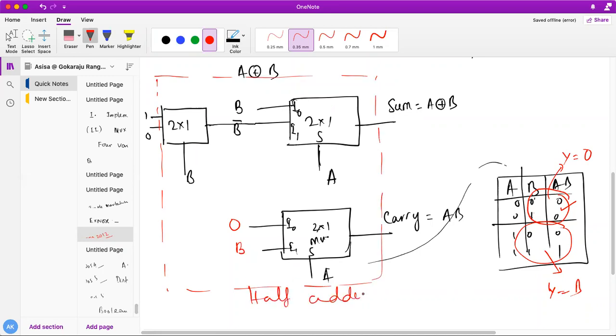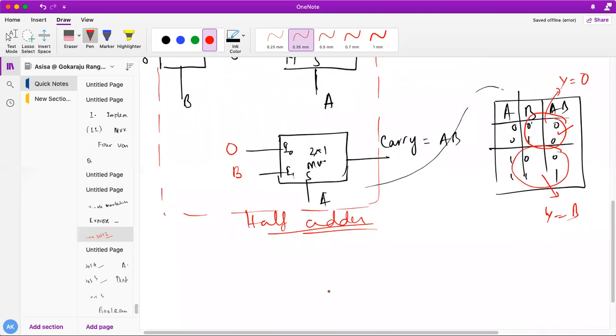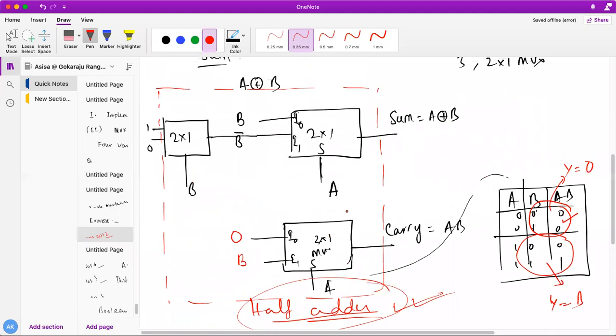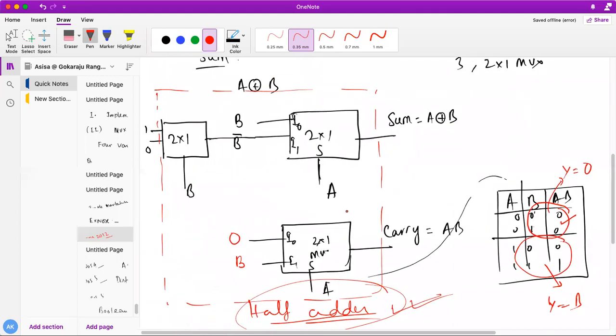Very simple. So a half adder can be designed in many ways, by using mux, by using basic gates, by using NAND, by using NOR. Also we can design it using a decoder. I have not yet told about the decoder. These are combinational logic circuits, and this half adder can be designed in many ways. That's why, if you know the half adder well, mostly you will be a good digital engineer. All of you understand? So how have I designed a half adder using two 2x1 muxes? Very simple. As you know, my sum is A XOR B, I know how to design A XOR B. Then I know how to design carry, A and B. I just put it on one platform and told you this is my half adder. All of you understand, very simple.